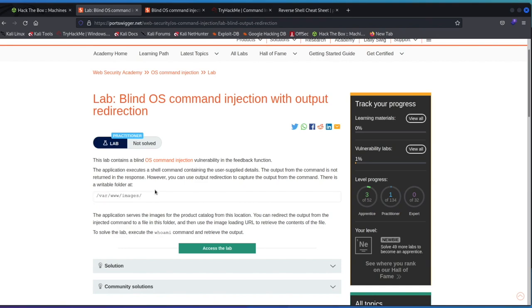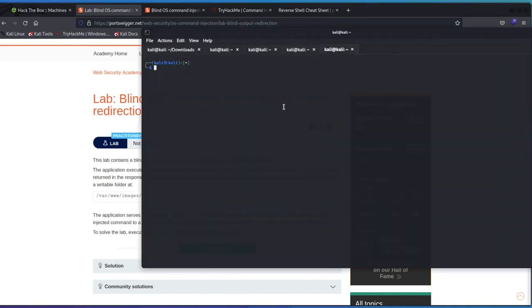If not, we'll go ahead and solve it together now. So I just had an idea. If you want to try this on your own, I can actually show you over here. We can make a directory and we'll call it test. We'll cd into